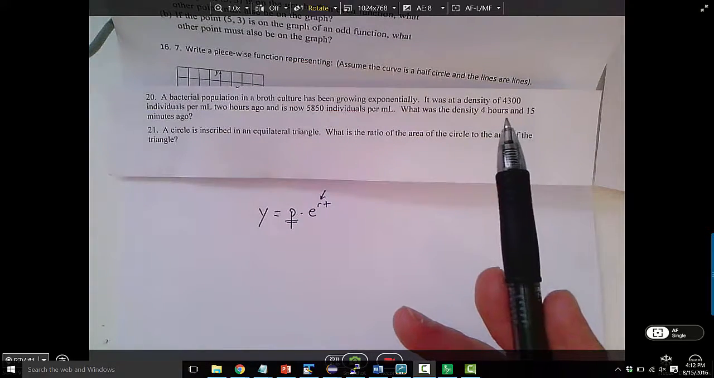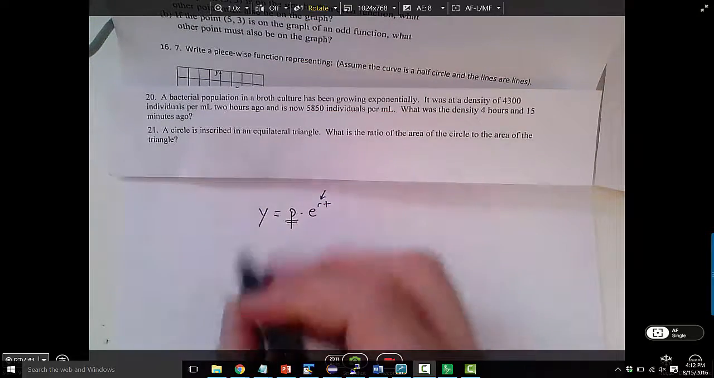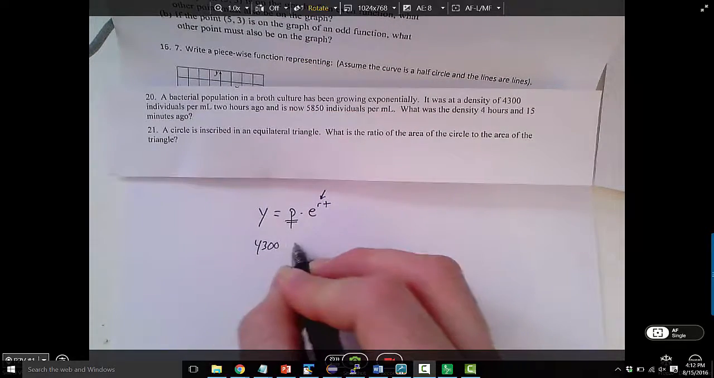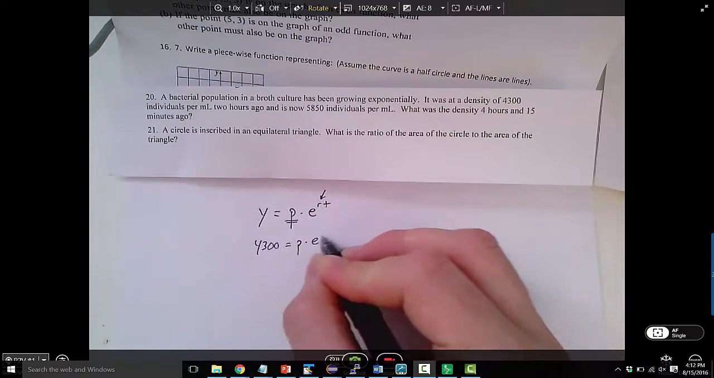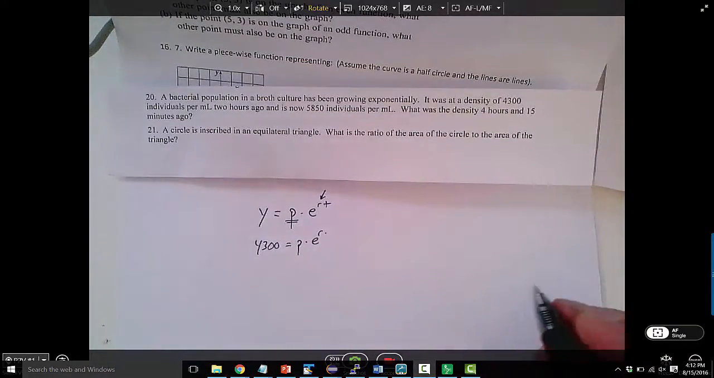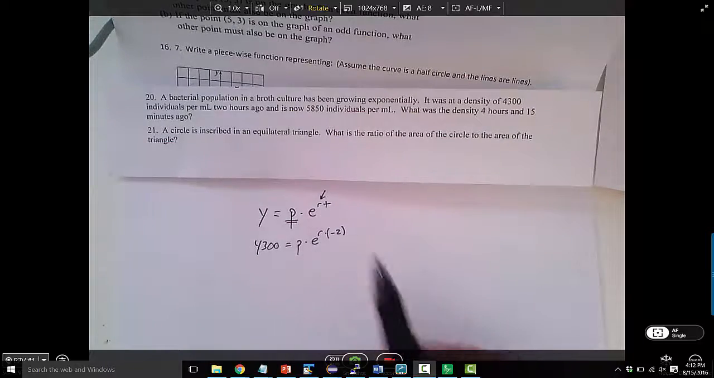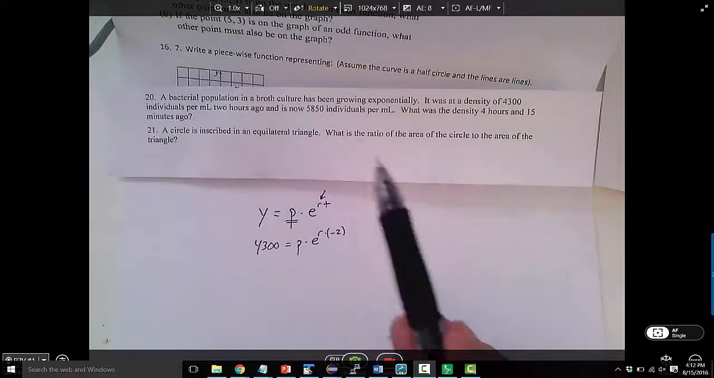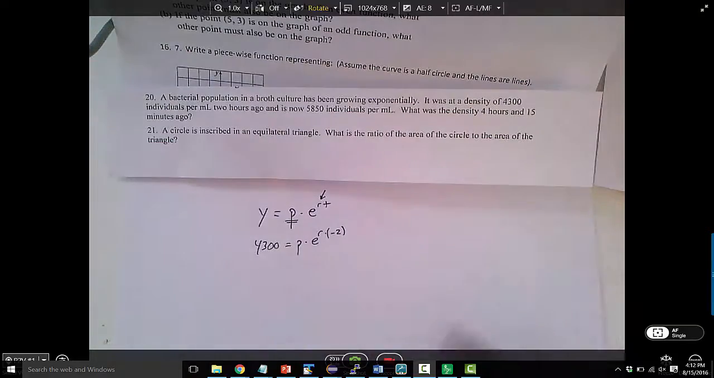It says the density was 4,300 individuals per milliliter 2 hours ago. So 4,300 individuals per milliliter equals P e^(r times -2). If we count now as time 0, then 2 hours ago would be t = -2, assuming I'm measuring time in hours. Well, that's one equation. Let's get the other information in there. It's now at this density,